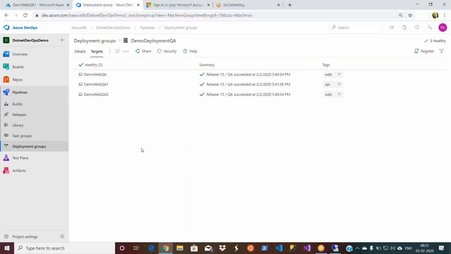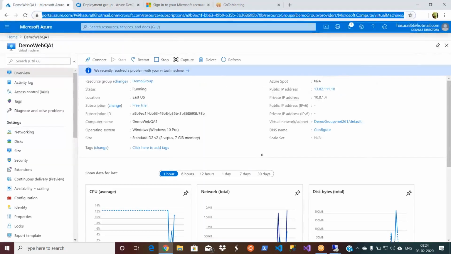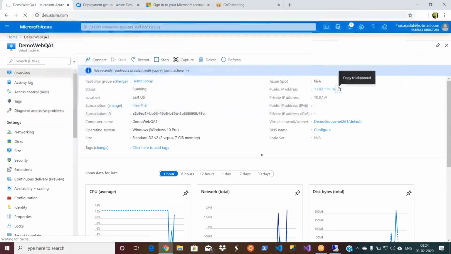All the servers that are part of the QA environment will be under this deployment group. So now, two of my servers are for the web, and one server is for API. That's what I tagged. As per the tags, my deployment should happen. Now I don't need to be here. Let's make it dev.azure.com.